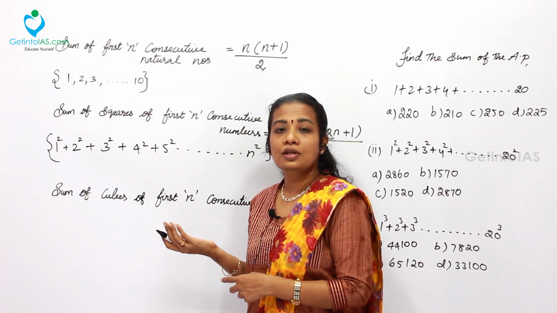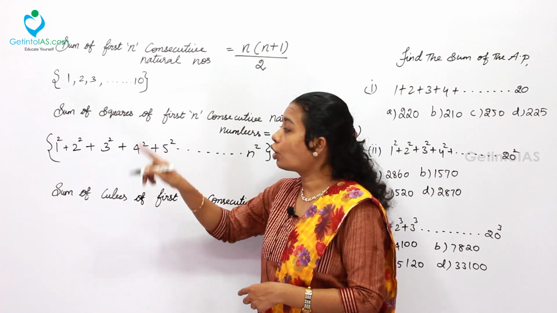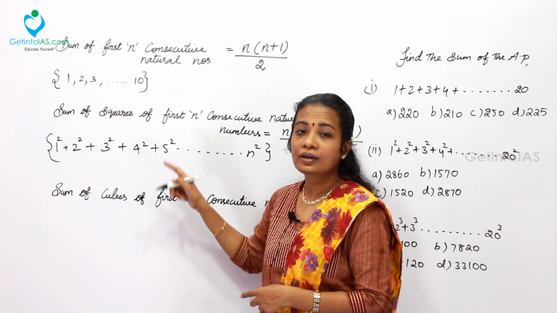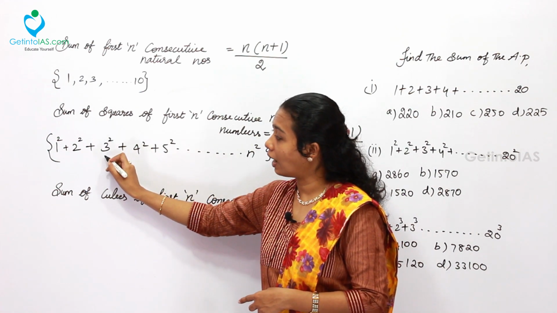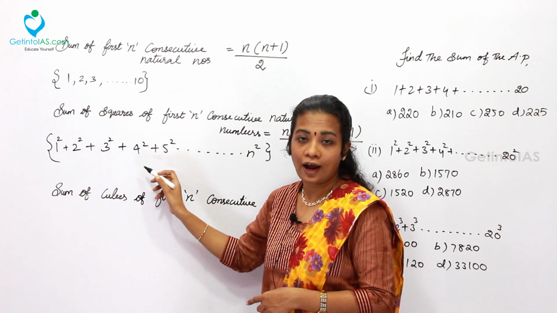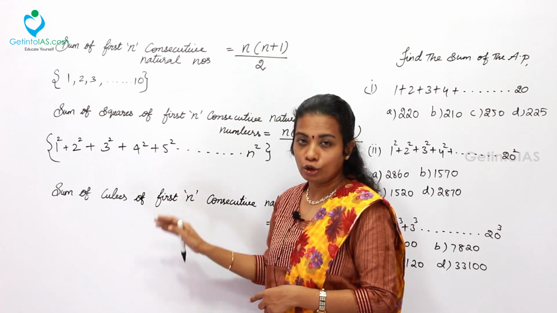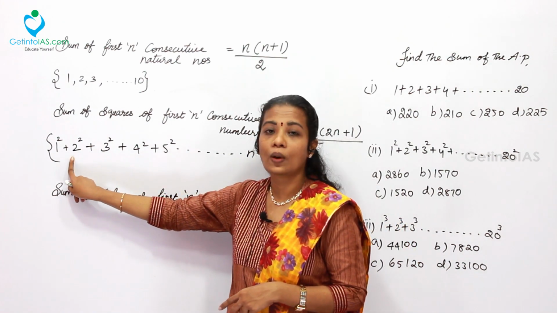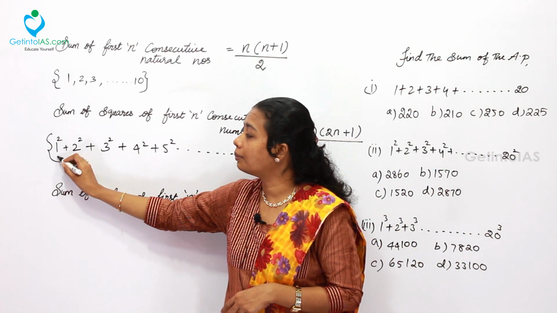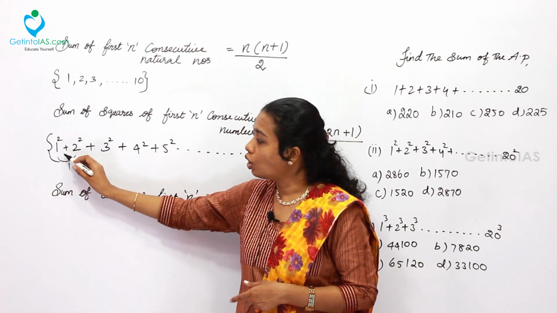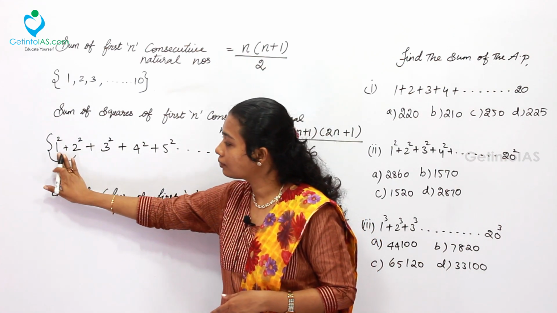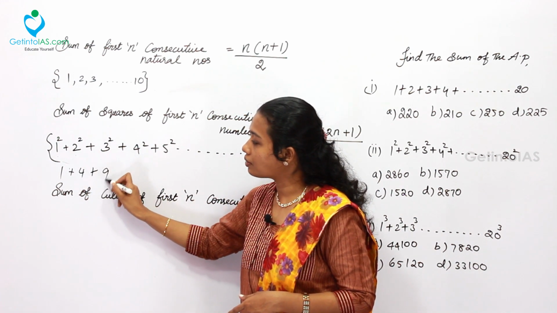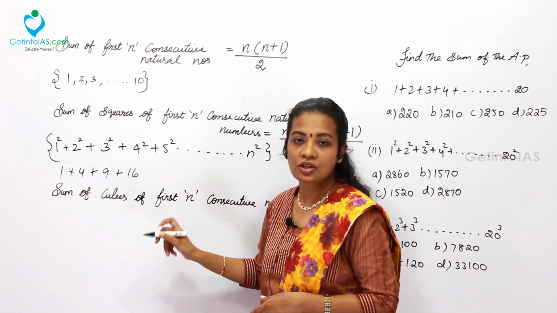So in the previous sessions we have seen that if the common difference is the same, then it is said to be an AP. But here we are having some rules, that is sum of squares, sum of cubes and all. So these all are also coming under AP. How? They are the squares of consecutive numbers, the base difference is the same, right? So 1 square the value is 1 and 2 square the value is 4, 3 square the value is 9, 4 square the value is 16, like that.